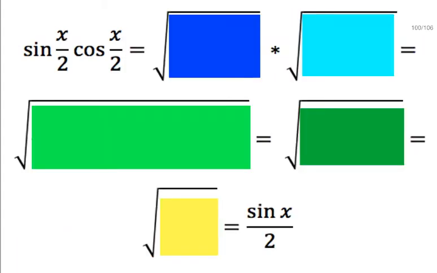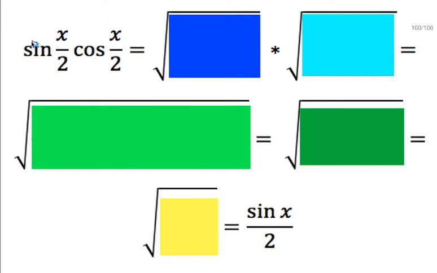Now here's another one. You have sine x divided by 2 times cosine of x divided by 2. Okay, so hopefully you can recognize that these are your half angle. You're going to be using your half angle identities to expand that. And notice that your final answer down here is just sine x divided by 2. Okay, and like I just said earlier, you'll have some of the format. So on your test, you'll have all these radicals everywhere,